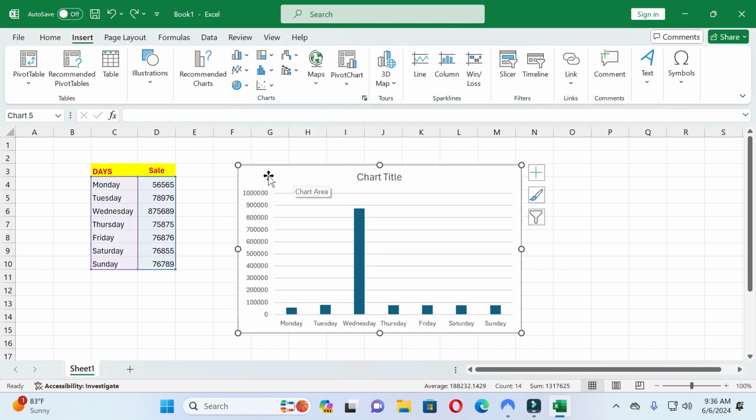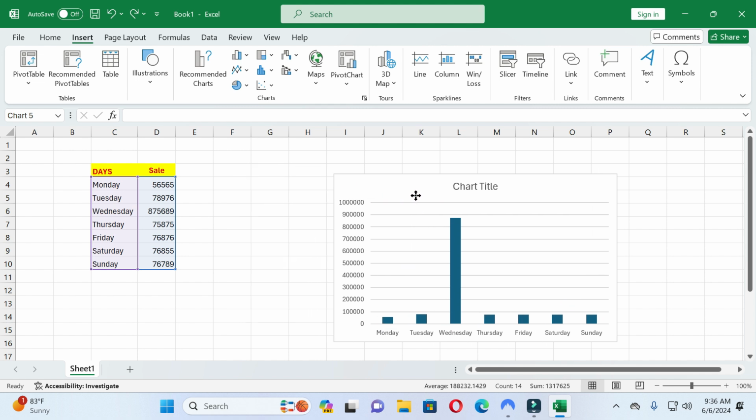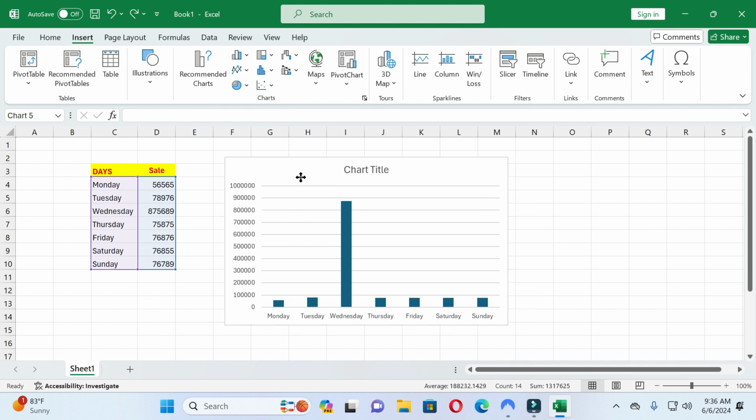You can see after selecting the bar graph, the data is converted into the bar graph. So guys, if you want to make it more attractive, then you can change the position, size and chart title and chart design. For changing the position of the chart in the spreadsheet, just click on the blank area of the chart and then press the left side of the mouse,